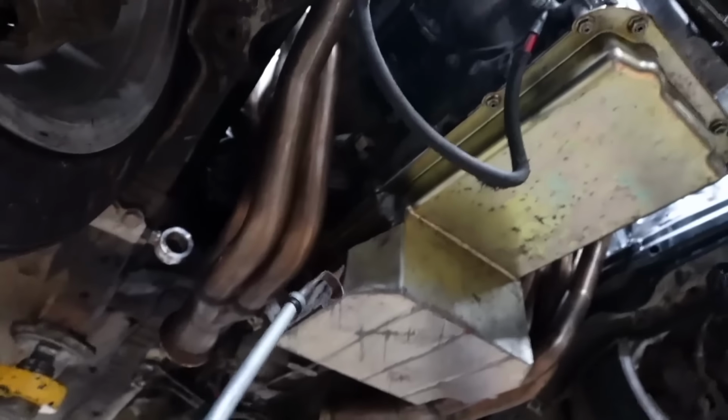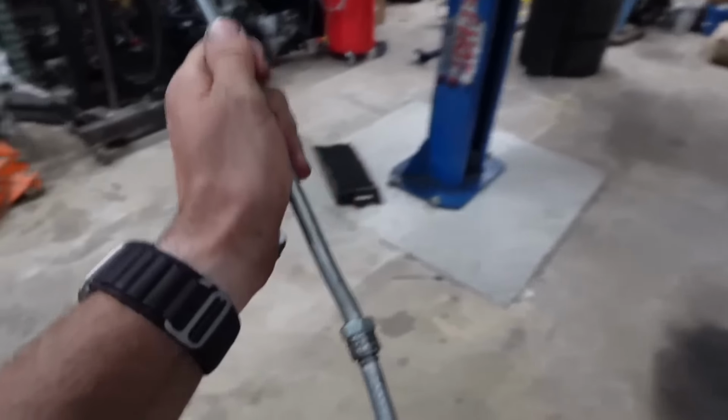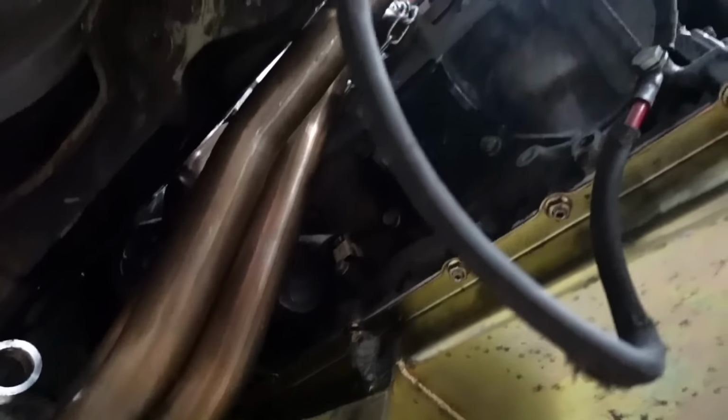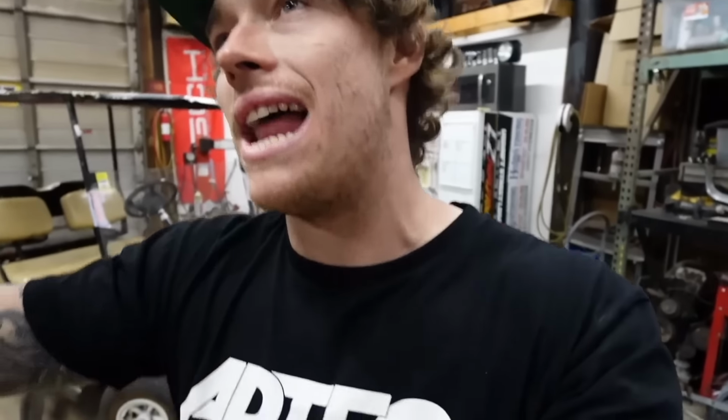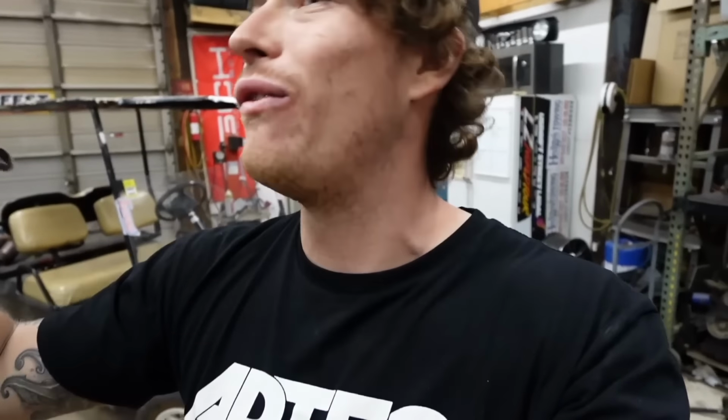We put the engine back in the car, everything was fine. Went to put the dipstick back in, and although we did do that, I forgot to run a drill bit in it to clean up all of the threads and test fit the dipstick, which is 100% my fault. But when we got like 80% of the way through putting the engine all back together, all of the wiring, everything, we went to put the dipstick in, and that's when we found out that there was still spatter in there. It was just slightly misaligned,